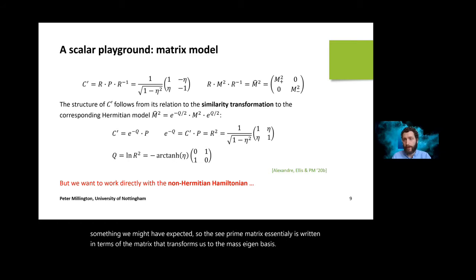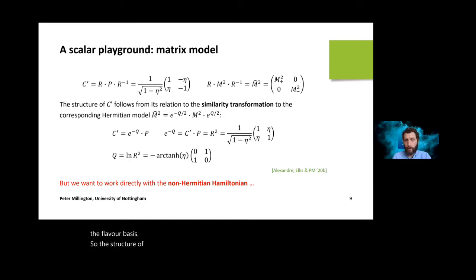And the reason for this essentially is because the flavour eigenstates have a perfectly sensible inner product with respect to the Dirac inner product. It's only the mass eigenstates, rather, for which there's a problem. And so this emergence of this C primed is basically telling you that you construct the inner product by transforming into and out of the flavour bases.